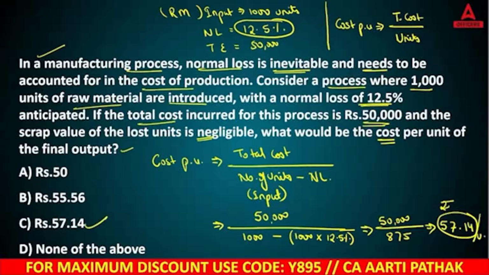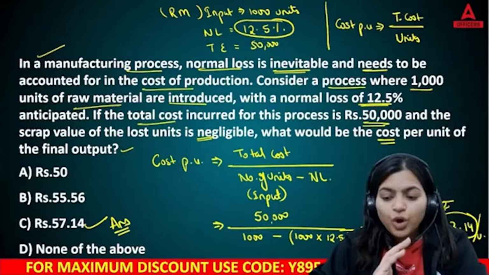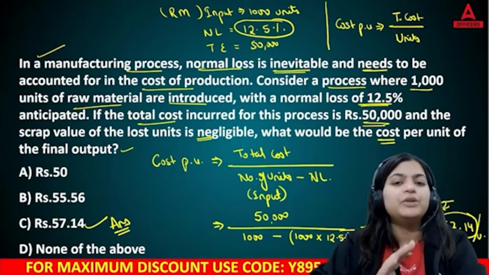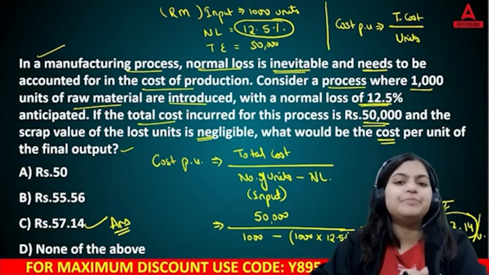Remember, from costing methods in your May 25 exam, there are around 15 to 20 marks of questions. So remember this particular Module D is very important. If you want to score maximum marks in your AFM, then this Module D will help you. This Module D is very easy compared to your remaining 3 modules.